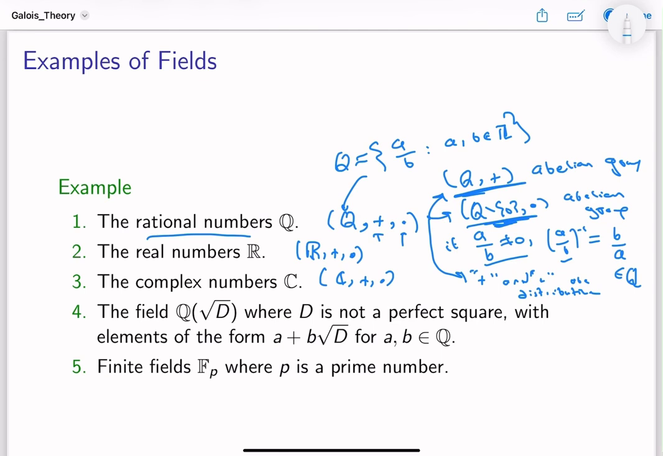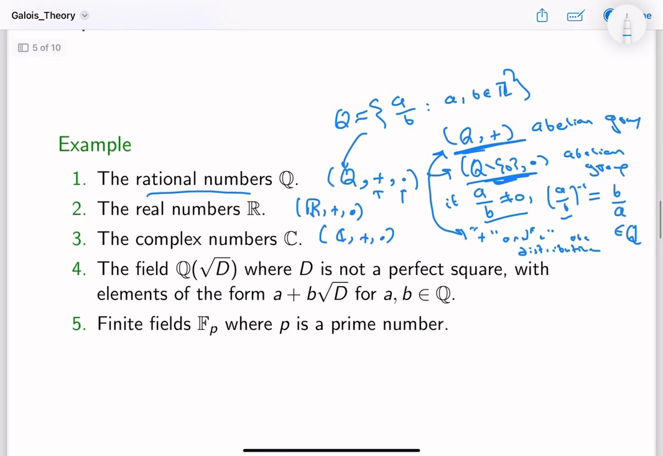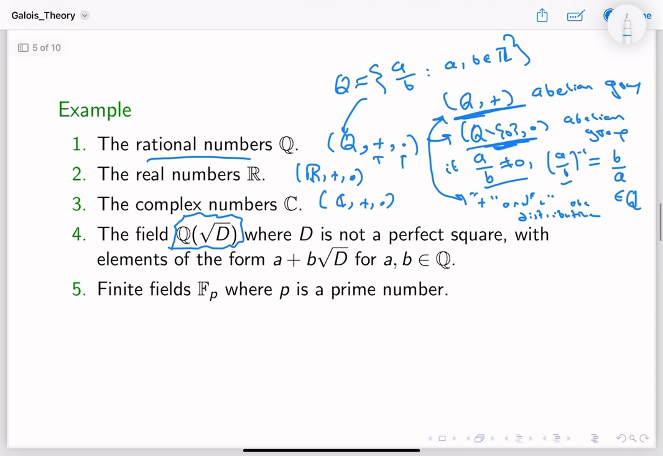If we want to go a little bit harder and see a harder example of fields, let's look at this field. So let me tell you what this field is. Let's talk about number 4, because number 4 is one of the very important examples of fields, and in fact this is called